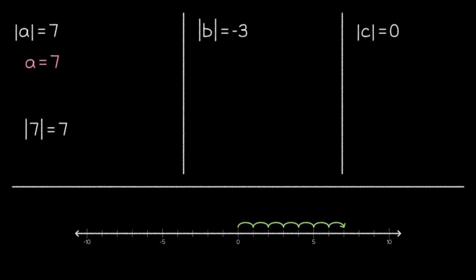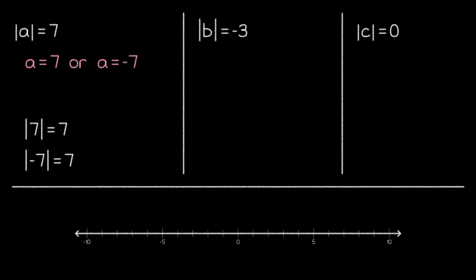However, if we look at our number line, you might notice that we only moved 7 units to the right. But couldn't we also move 7 units to the left? Yes, we could. And when we move 7 units in that direction, we see that -7 is also 7 units away from 0. So we end up in a situation that might be new territory for some of you. There are 2 answers to this equation. A could be 7, or it could also be -7.